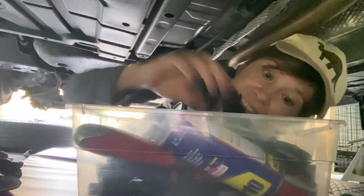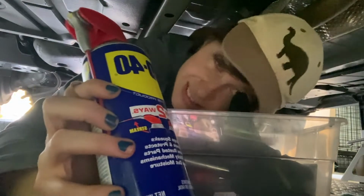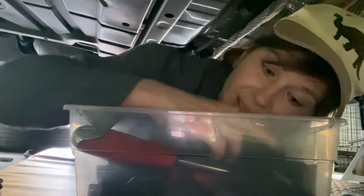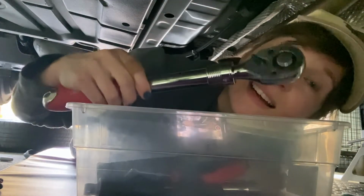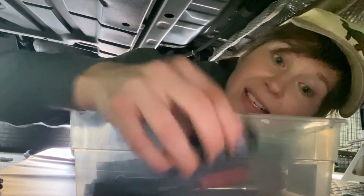Okay. So, in case a screw or something is stuck, I like to have some WD-40. I've got some gloves. Got the normal kind, but then also these plastic ones. Anyway, my ratchet, a 10mm deep socket,